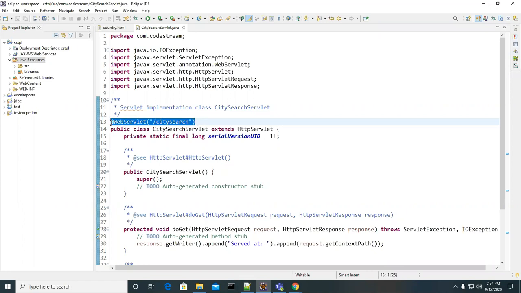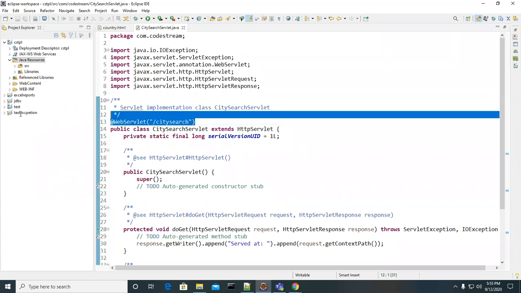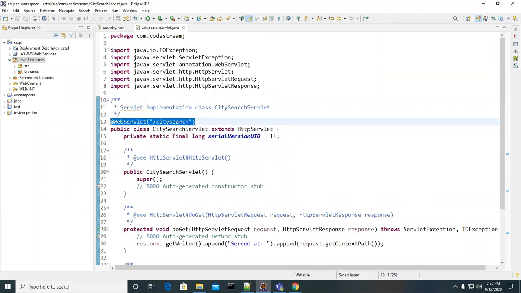So by using a single annotation, we can finish the configuration instead of doing all the configurations like that. Simply you can add @WebServlet, bracket open, bracket close. Within that, you can use your own path name. But if you do it in XML, you have to do a lengthy configuration. So you no need to do that. After that, they implemented annotations. You can go and do the annotations also.